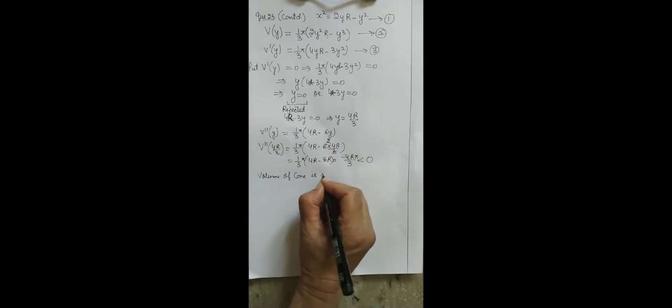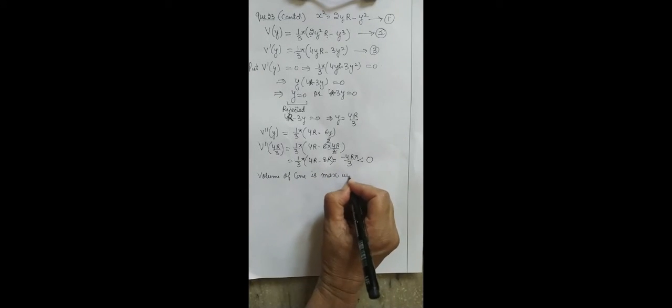So finding the derivative at y is equal to 4r upon 3, I will put the value of y here, then simplify and I will be getting minus 4r pi upon 3, which is a negative number, which means that the volume of the cone is maximum when the height of the cone is equal to 4r upon 3. That means I have checked that the cone which is inscribed in the sphere